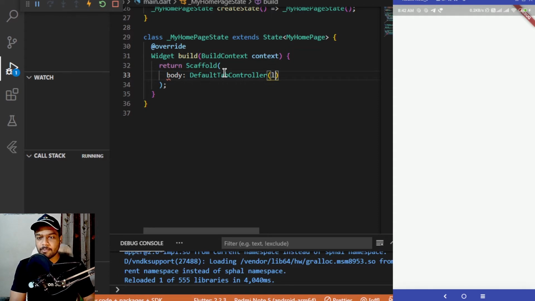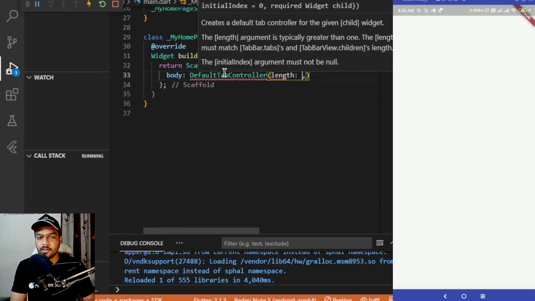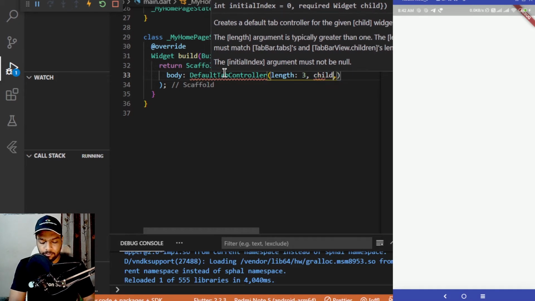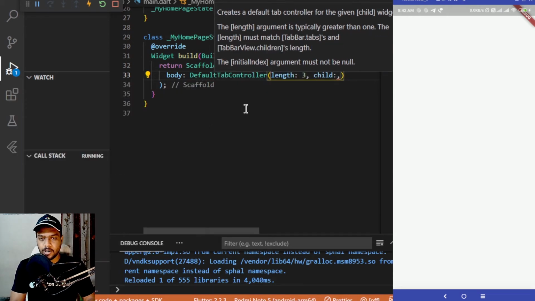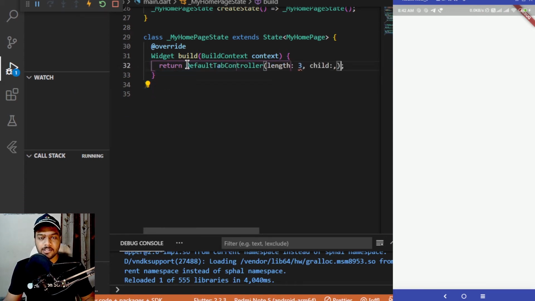Inside this default tab controller I'll be passing a length to it. So length would be basically the number of items which I want to be displayed as a tab bar. So I want 3 items to be displayed as a tab bar, and after this I'll be passing a child to it. So adding a child. So one more thing which I can do over here is, rather than passing it as a body, let me delete it from here, and let's pass it before the scaffold, and for the child of this we can add a scaffold over here,